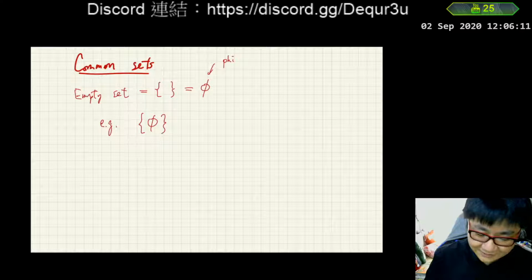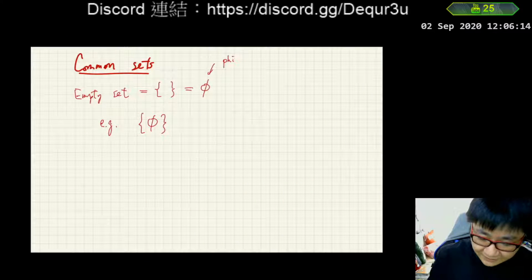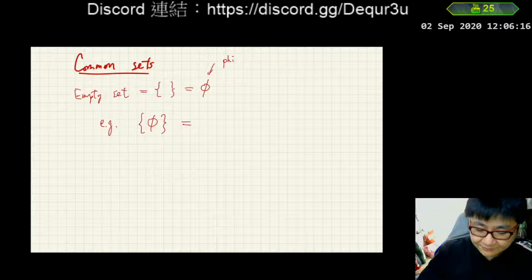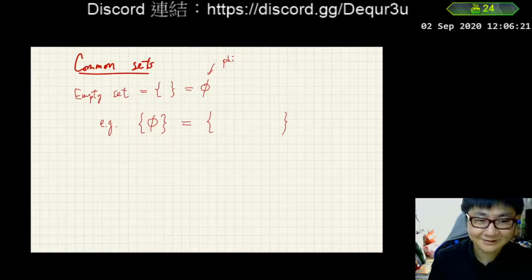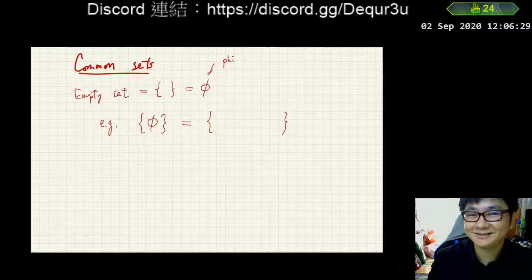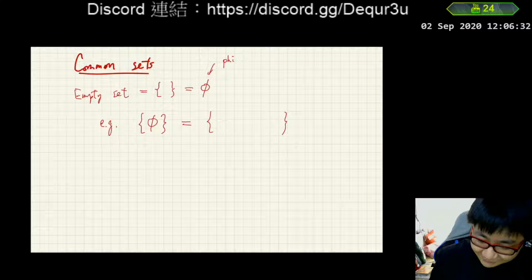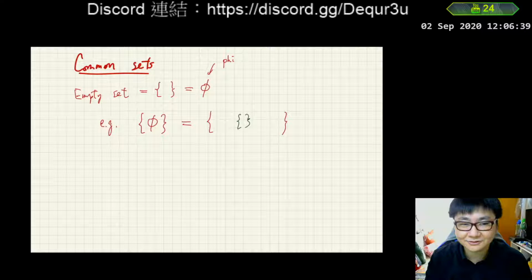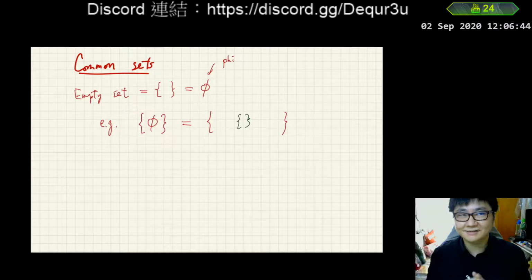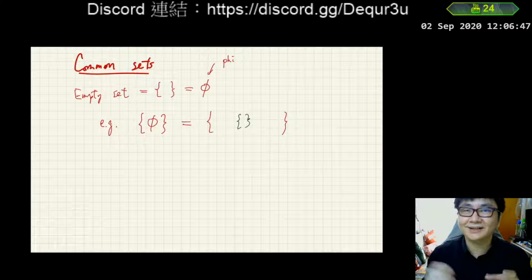To understand what it means, if we write it in the full form, that means we don't use a special symbol, we just use brackets. Then it is a set. Is it really nothing inside? In fact, no. It has an empty set inside. So if we put it into a full form, it will be a set with an empty set inside, like the one I show on the screen here. The red one is the set we are considering, while the green one is the thing it has inside.